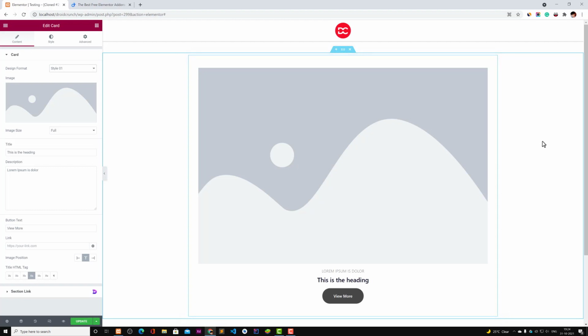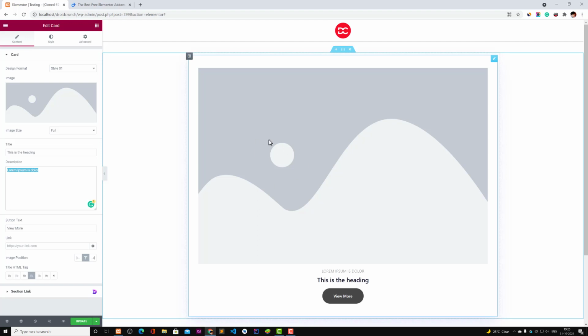But I would recommend to use this plugin on a website where you're using custom fields and all, because it didn't support custom fields, and that's very sad, because if you go to this card, you can see the title doesn't support dynamic tags. So you have to actually put the value here by editing this card.